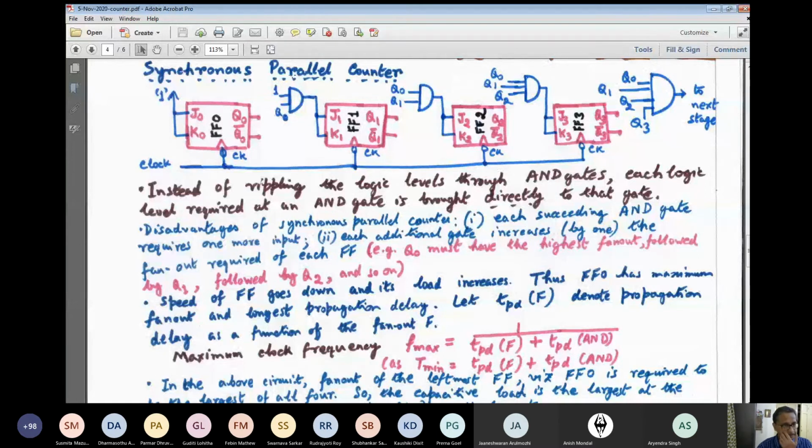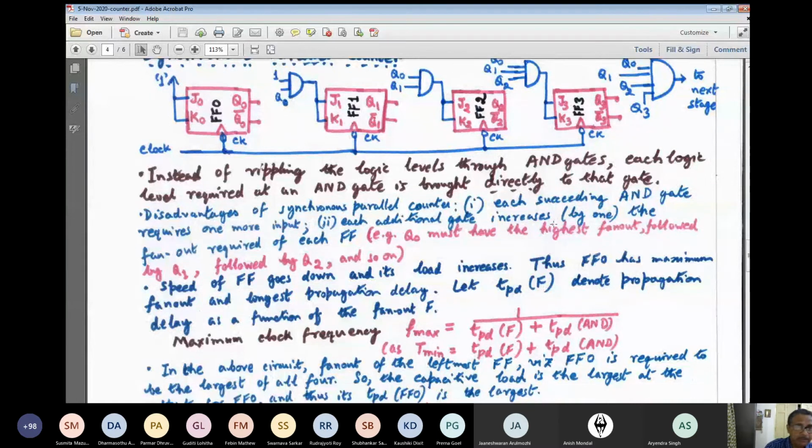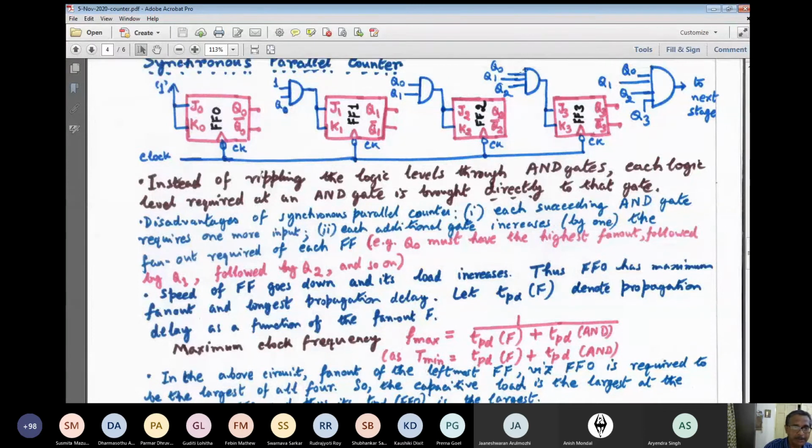and that will account for the highest propagation delay amongst all the other AND gates. But still, the propagation delay of this is not, say, 4 times this, or 2 times, 3 times this, not like that. It will be somewhat larger than this. So if the propagation delay of this AND gate happens to be, say, 10 nanoseconds, it will not be 20 in this case. Depending on the process variation, depending on the input base-emitter junction capacitance, PN junction capacitance, it can be say from 10 to 12. If this suffers a delay of 10, this can suffer a delay of 12, but not 20.